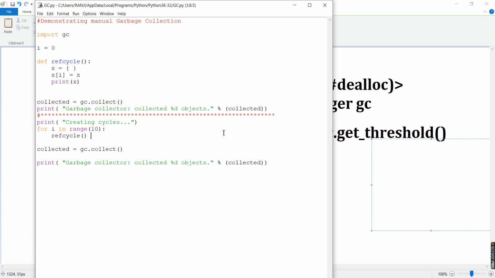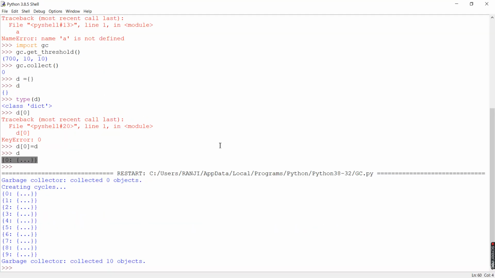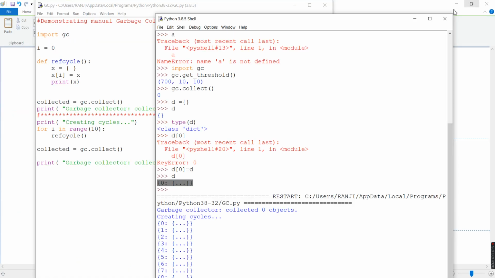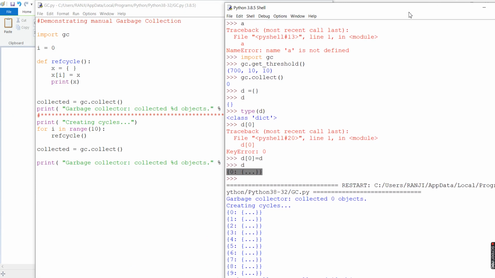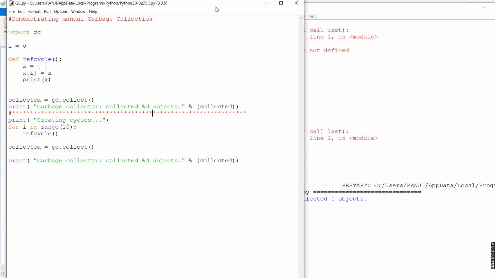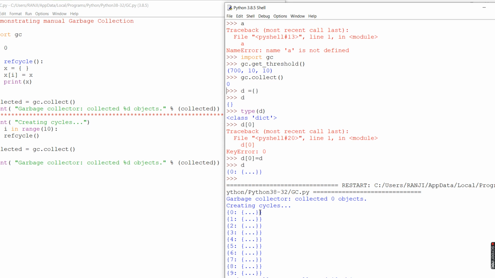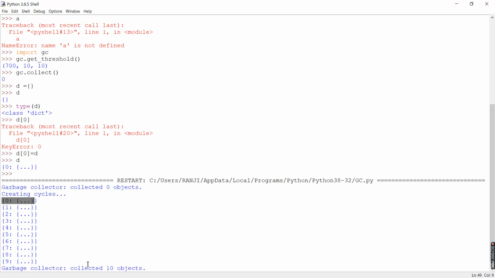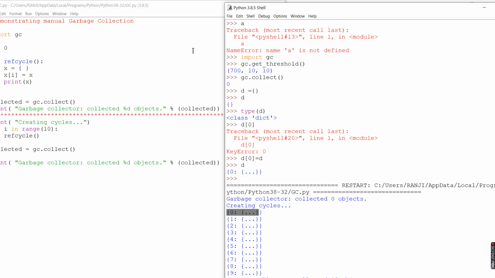So let's go ahead and run this. You can see that before the program execution, the garbage collected count, this particular line, was 0. Then it creates cycles, and every time the reference cycle ran, it printed that particular line, till 9, and finally it collected 10 objects.